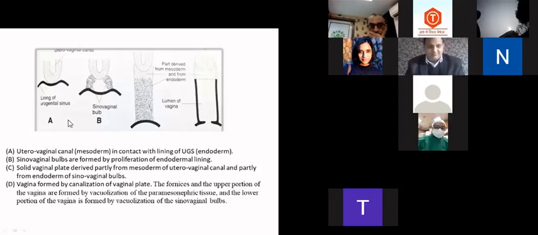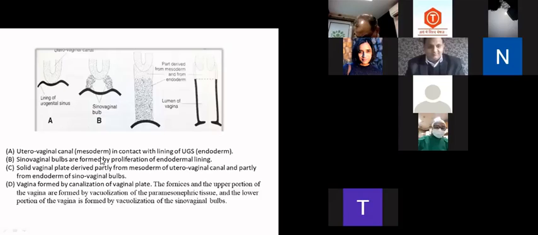We'll see in the diagram here the lining of the urogenital sinus. So this lining of the urogenital sinus will proliferate and will reach the lower part of the uterovaginal canal, forming the sinovaginal bulb. And these, along with the lower part of the uterovaginal canal and the upper part, will form this vagina, which will later canalize and form the lumen of the vagina. So uterovaginal canal is a mesodermal structure, whereas urogenital sinus is endodermal. The upper part is from the mesoderm and the lower part is from the urogenital sinus,